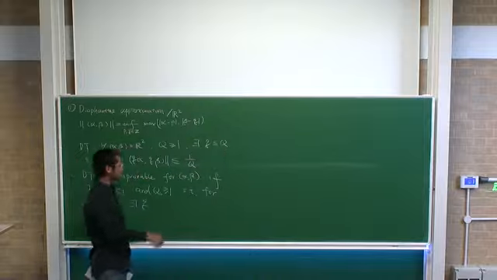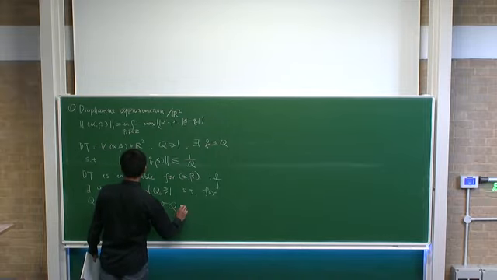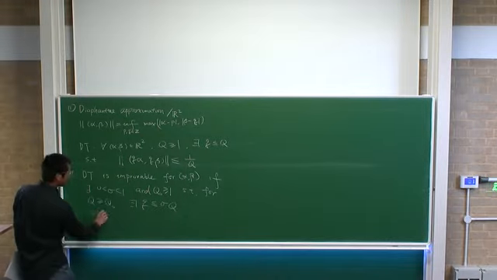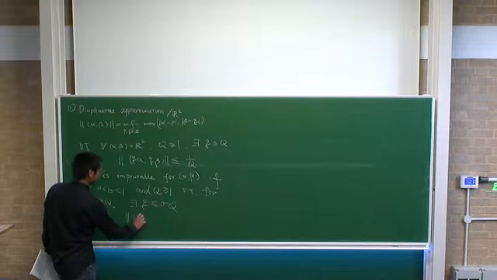That means smaller than Q, but the approximation is slightly better. That means the distance to integers